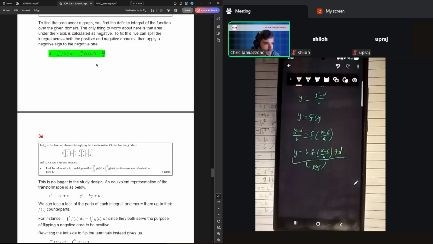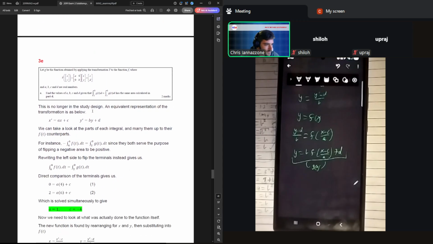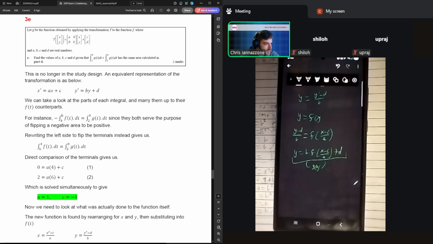You can look at the relative spacing of the terms and then figure out what each integral is meant to accomplish as far as what part of the area on the graph. Like you can see this one has a spacing of 4, this one also has a spacing of 4. And so in that way you can marry them up and say, oh, this one is a transformed version of this one. These 2 serve the same purpose of finding the same area, so I'm going to rewrite them to become more